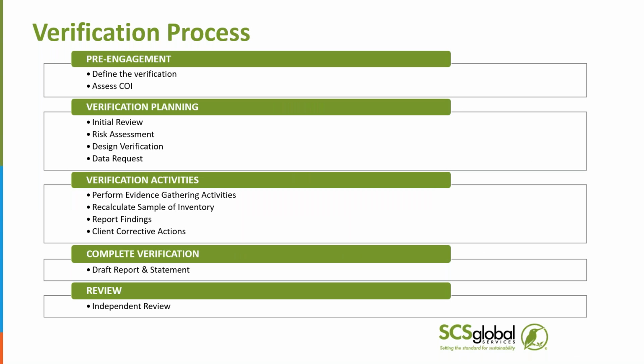Here's a schematic of what the verification process looks like. The verification will start with a pre-engagement. During the pre-engagement, we must take a look at scoping your project. Every greenhouse gas verification will need to be scoped individually. It's not a one-size-fits-all solution. Obviously, the amount of time and effort needed to verify a 5-office law firm will look much different than a global 100 company with 150 facilities across the world and multiple offices.